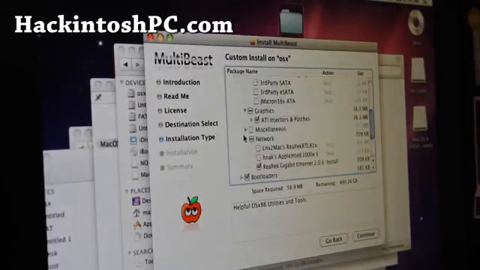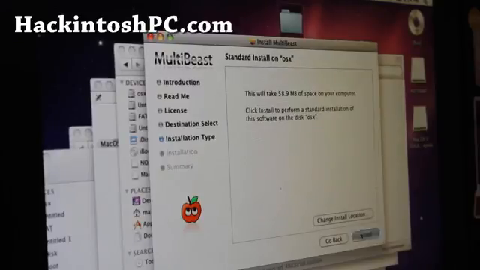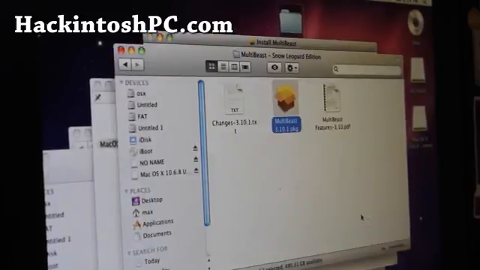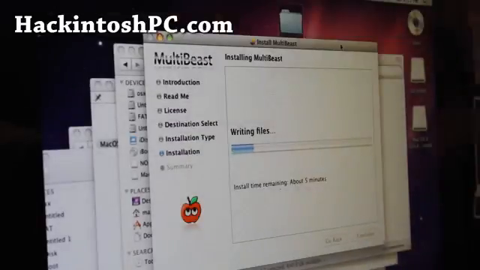And that's pretty much it. Just do continue and install, and enter your password, and it should start installing. When this is done, you can reboot and take the iBoot CD out. Your computer should be able to boot by itself, and it should also fix my sound, my graphics, and voila, I